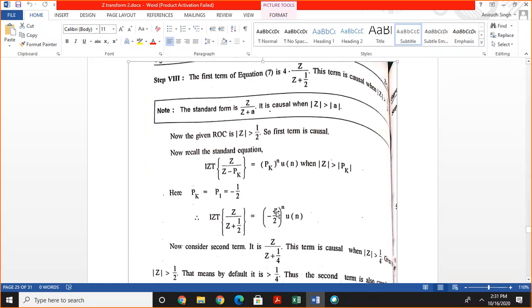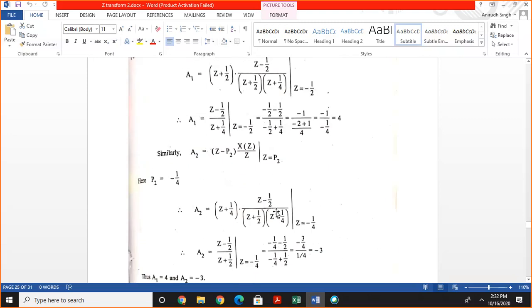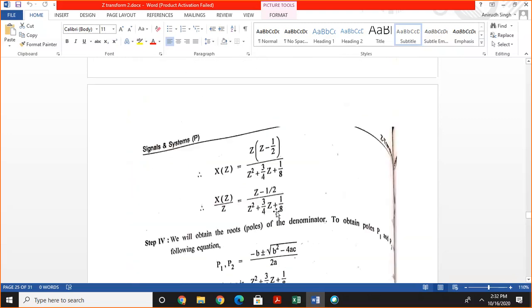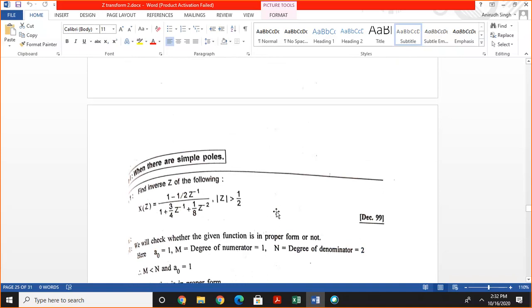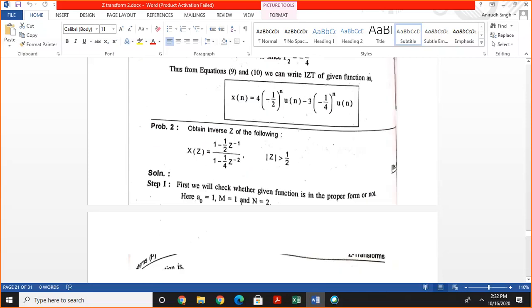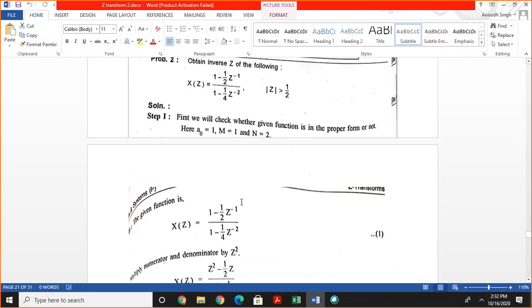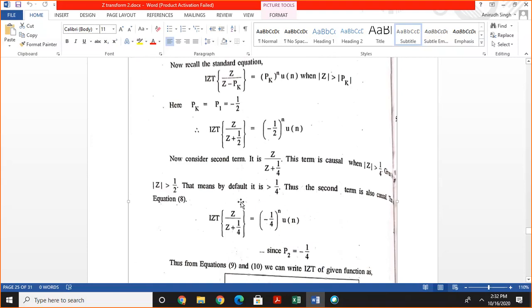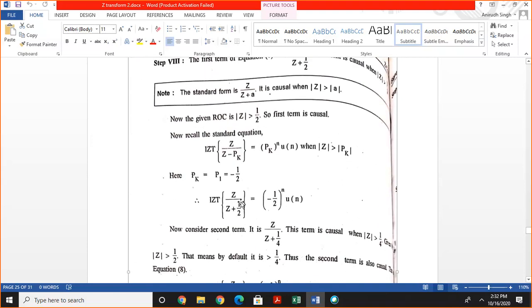And if we consider this case, then the value of a is half, and we get inverse z transform of z by z plus half is given by minus half raised to the power n u n. Similarly, for the second case,